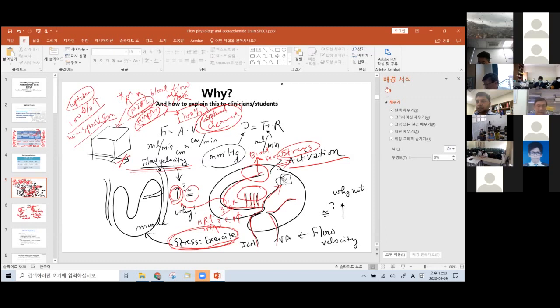But in this case, flow velocity: when the brain is activated during stress, when cognitive function is running and the brain is doing some work, is flow velocity the same or increased? Dr. Asmar. Same. Okay. Yeah. So while Dr. Asmar is thinking,